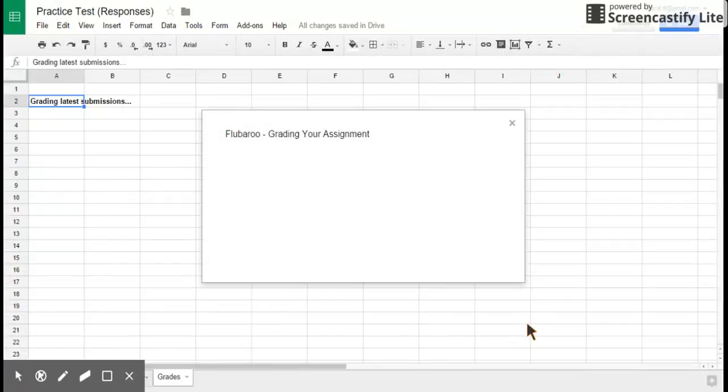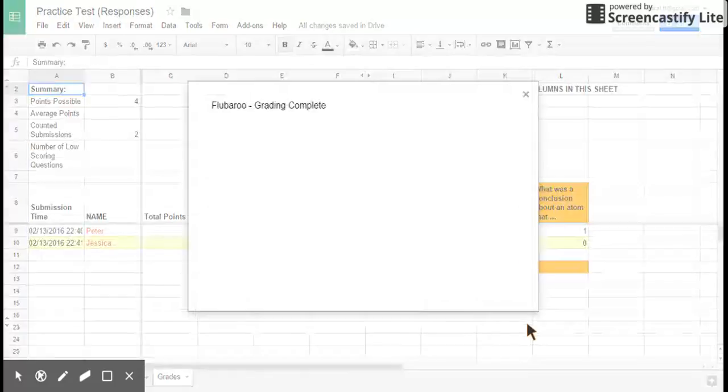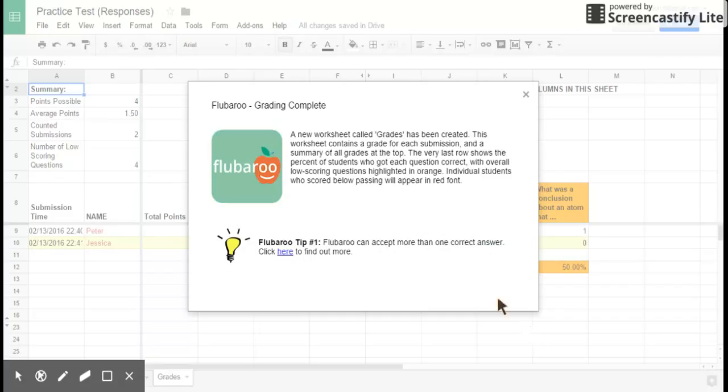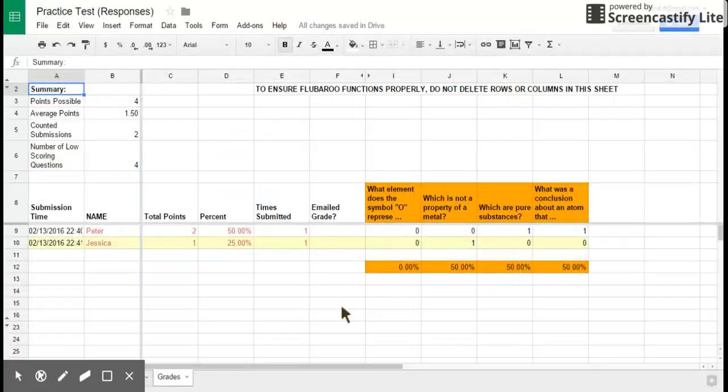And now Flubaroo is doing its thing and grading the assignment for you. And as we wait for it to run, it'll tell you when it's complete, which here it is. So we'll go ahead and X out of that. And now you see I have the grades for the students that took this test. It gives you all of the summaries up in the corner: the average points per question, how many students took the test,